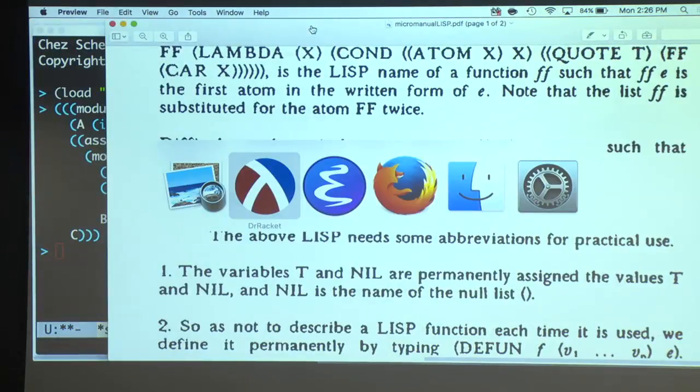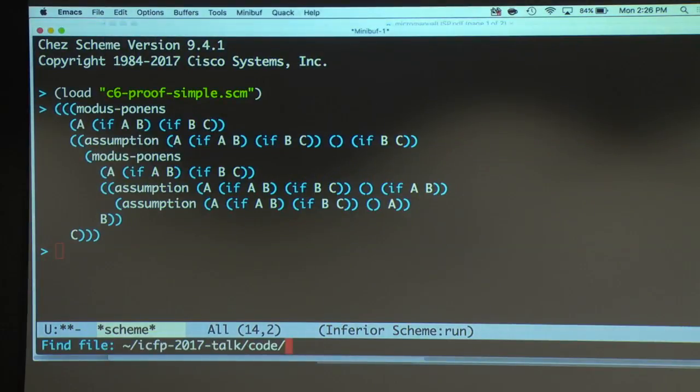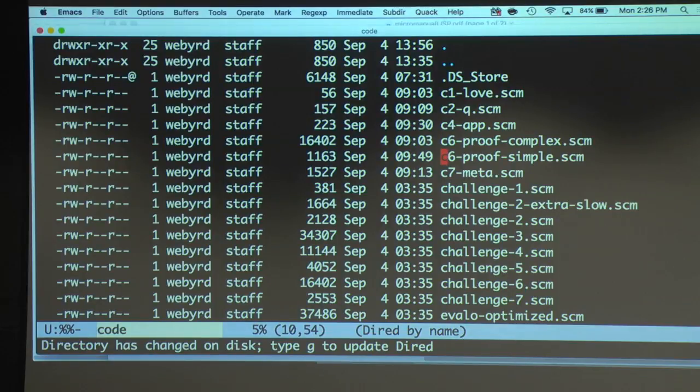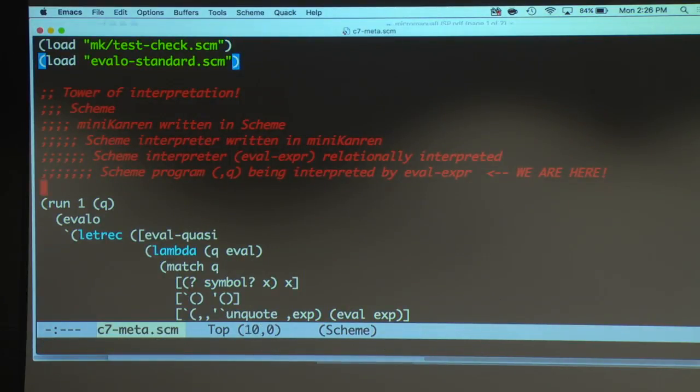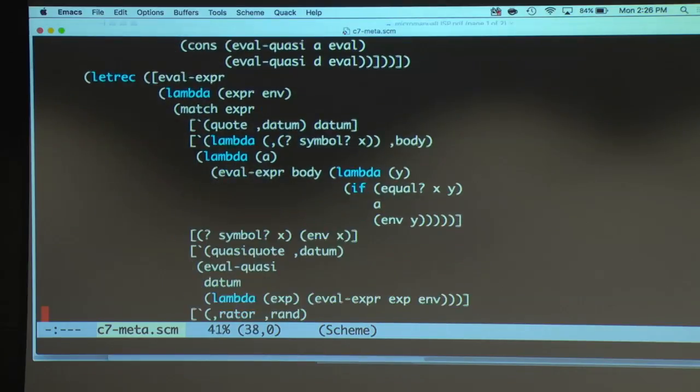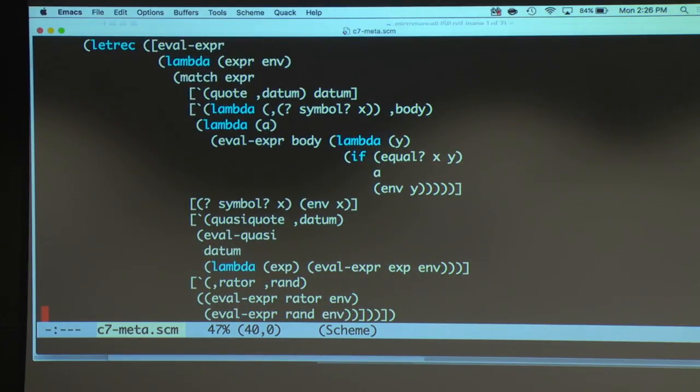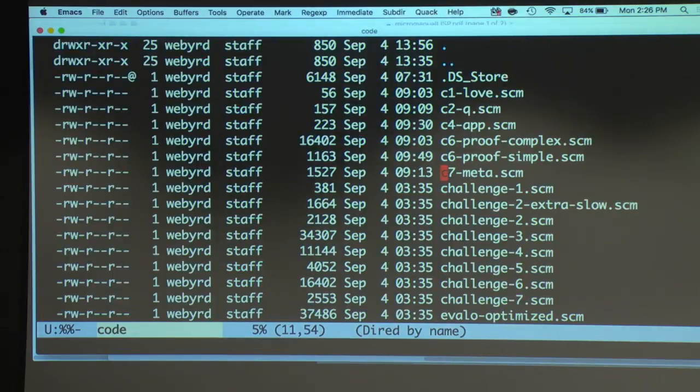All right. So I'm getting low on time, so let me just show you, I think, one more. And you can look at the paper for other fun stuff. Oh yeah, I just got to show you this one real quick. I'm not even going to talk about this one, but I wouldn't be a Schemer or a Racketeer if I didn't also write a metacircular interpreter in the interpreter, right? And this gives you, by the way, the ability to reason about higher order environments and procedures, closures, that sort of thing in miniKanren, which is only a first order language, only has first order syntactic unification. So that's a fun example as well.